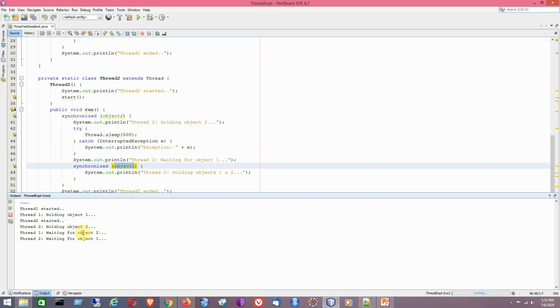So basically both of the threads are in a deadlock state. You can see that this kind of situation may arise during the Java multi-threaded program execution. So now we'll have to basically terminate the program. If I am using a command prompt, I have to press Control C, but since